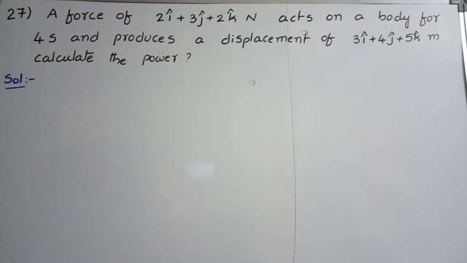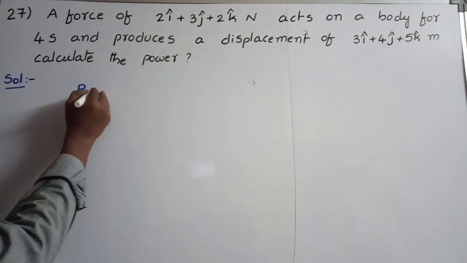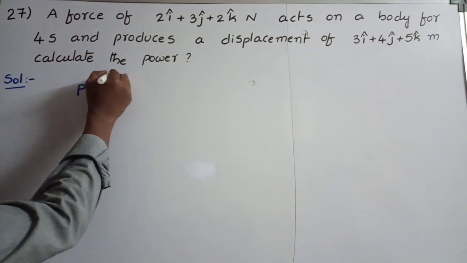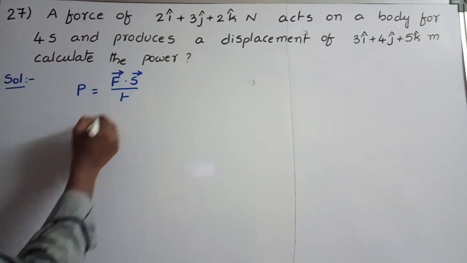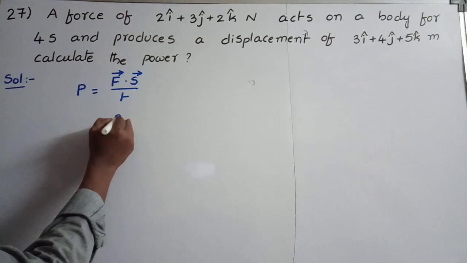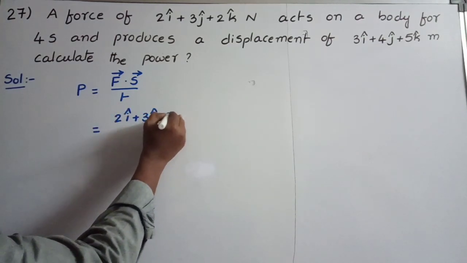Problem number 27. A force of 2 i cap plus 3 j cap plus 2 k cap Newton acts on a body for 4 seconds and produces a displacement of 3 i cap plus 4 j cap plus 5 k cap meter. Calculate the power. You know the power formula. Power is represented by letter P is equal to F bar dot S bar by T. Here F bar is equal to 2 i cap plus 3 j cap plus 2 k cap